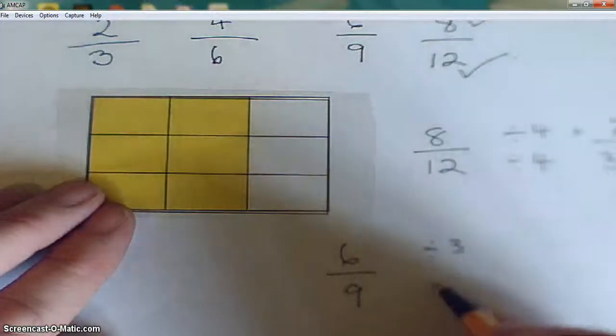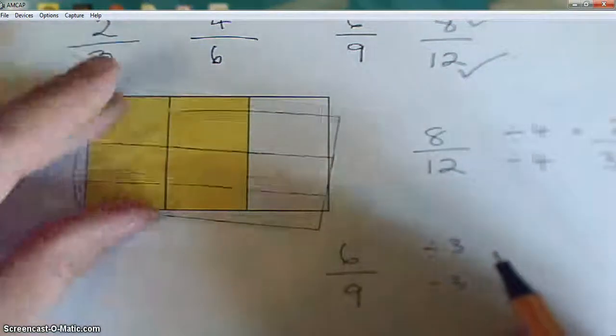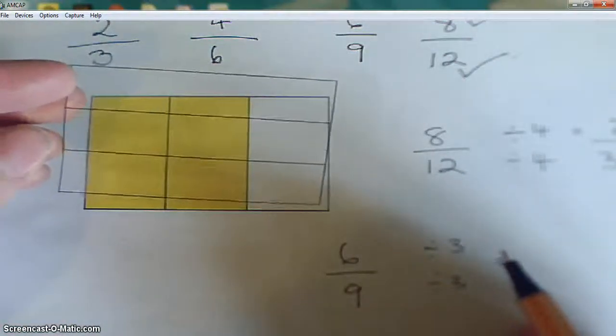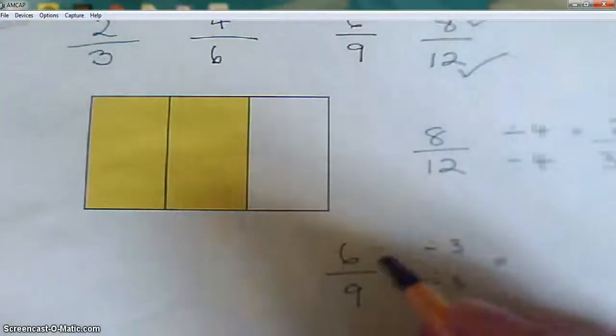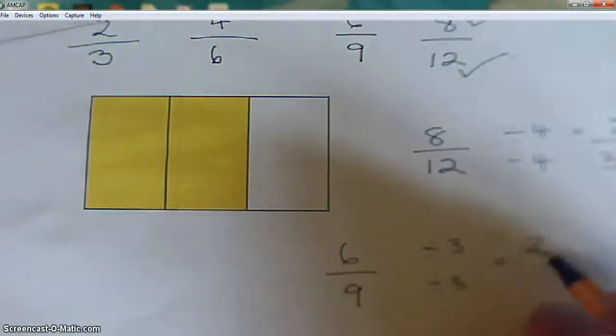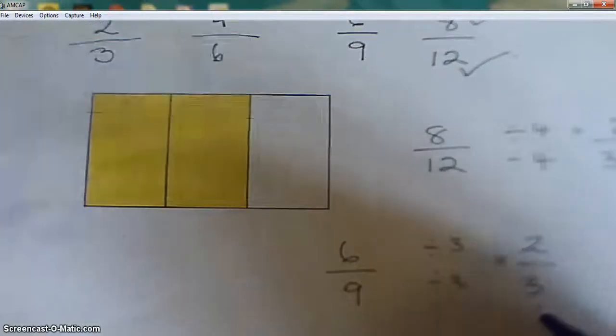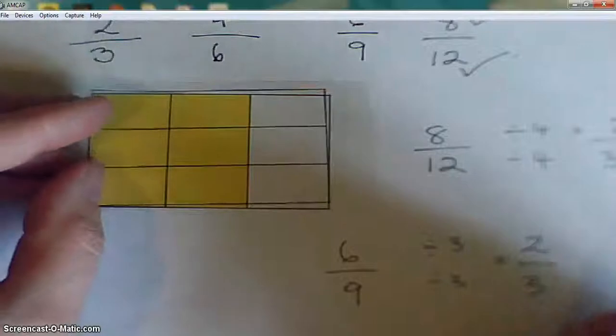Divide by 3 and divide by 3. Okay, now pulling it away, I am getting rid of that times by 3. I'm doing the inverse of dividing. 3 fits into 6 twice, 3 fits into 9 3 times. Okay, it's a lovely way of doing it because it will help them eventually